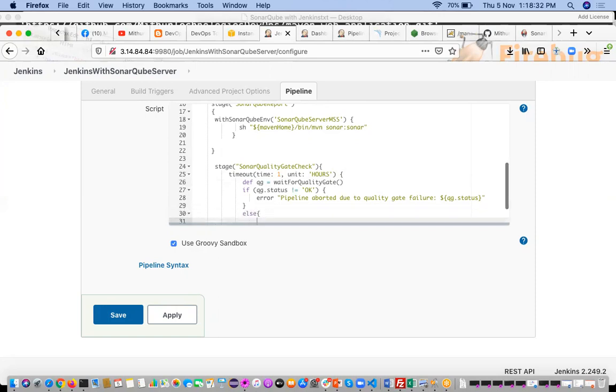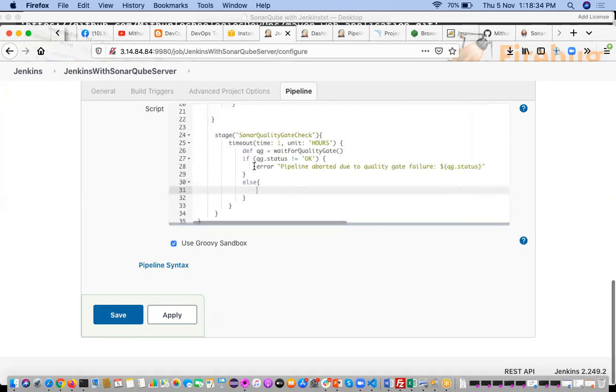In the else block you can write pipeline executed successfully, and you can check the quality gate.